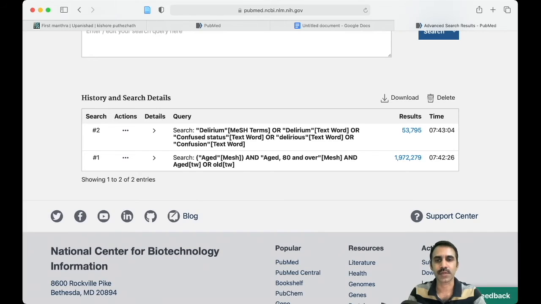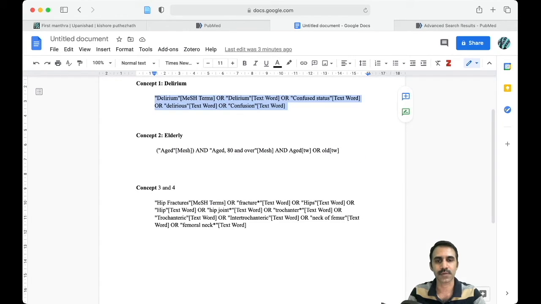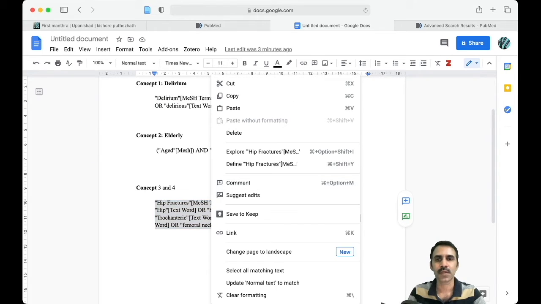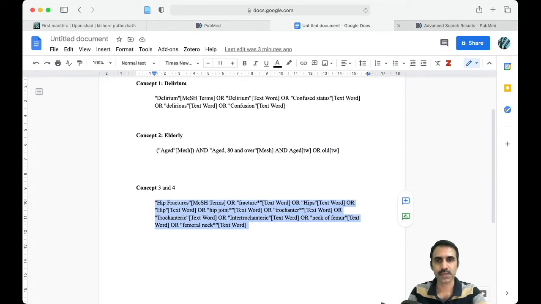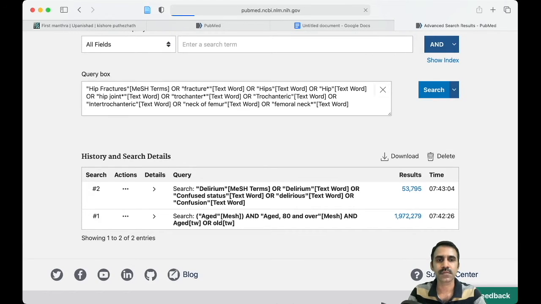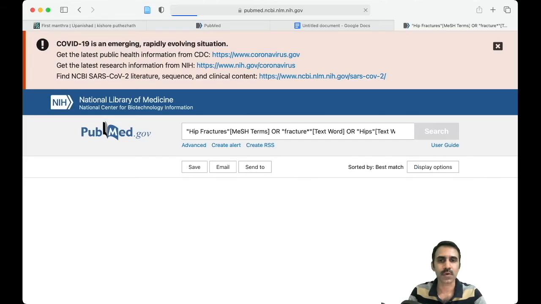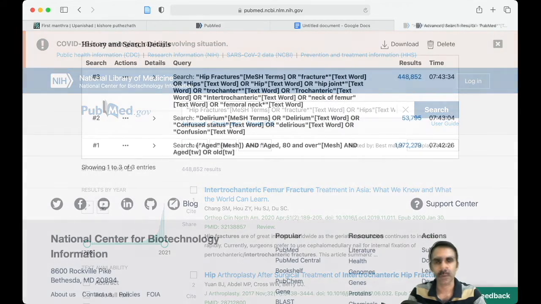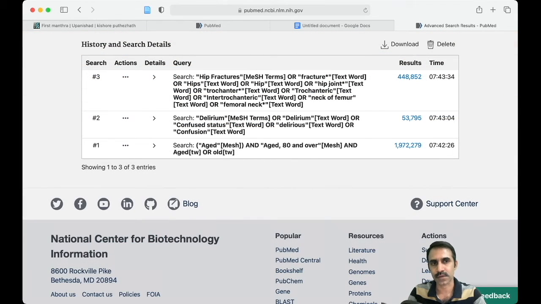Now copy and paste the concept for 3 and 4 and build the search. Go back to the advanced, and now we can see that we have compartmentalized our search. Now we have to combine all by clicking on the three dots and add query.